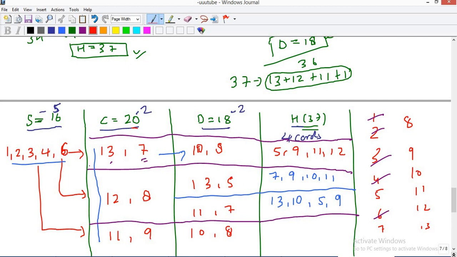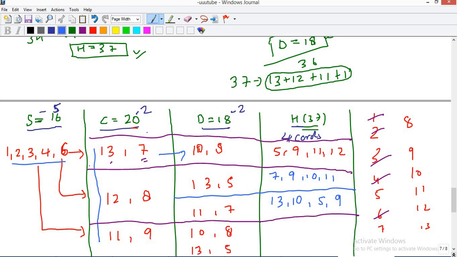Okay, so if I'm using 10 and 8, what will be the leftover? What numbers will I be left with? I can say I'll be left with nothing. Okay, and is there any other possibility except for 10 and 8? Yes, I can also use 13 and 5. So I have one more possibility.